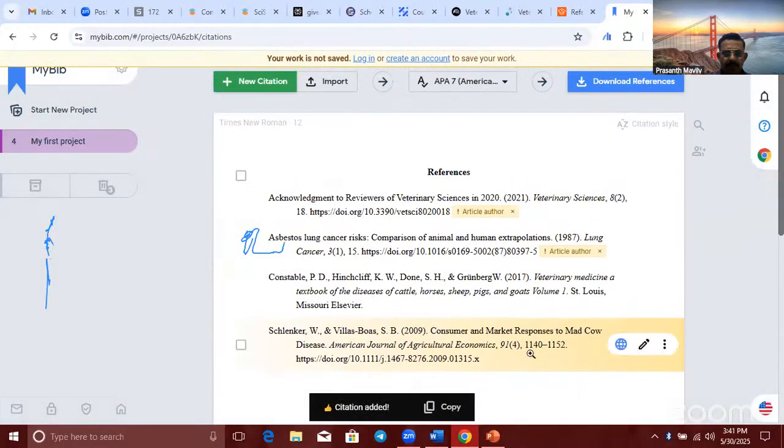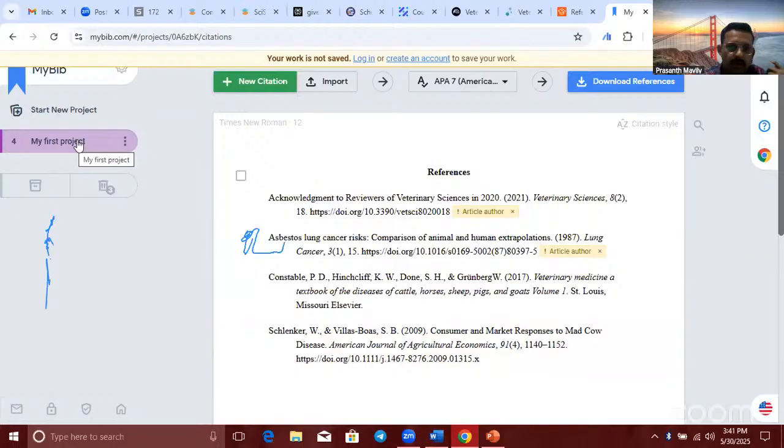See, I have added 4 sources, and you can download the references, or you can save the project for a seminar, conference, dissertation or seminar presentation, in different folders. You can keep it and easily generate your references.